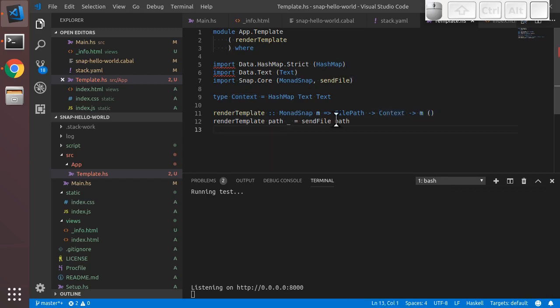Currently it ignores the context. The context here is a HashMap of Text to Text, so it's just a mapping of strings to strings. This is the dependency on the text package that's in the Data.Text module up here, and HashMap, which is from unordered-containers. We're using the strict HashMap here. That all compiles, great. We're not actually evaluating this function at all yet, so we'll head back to Main.hs